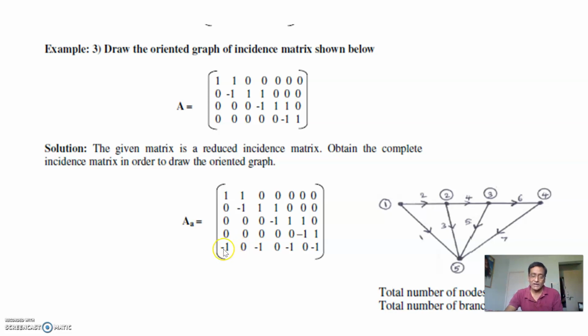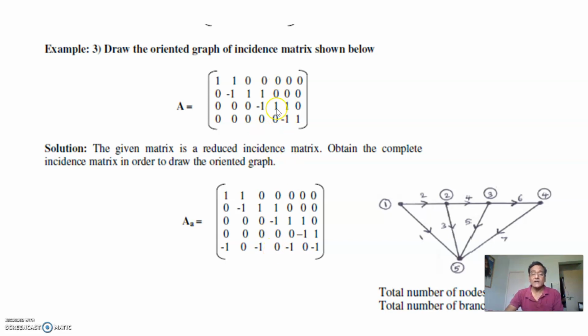See here. When I add minus 1, 1 minus 1, this addition becomes 0. Similarly, if I look at the second column, 1 minus 1, 0, 0, 0, it is already 0. I cannot add 1 here, I cannot add minus 1 here. It should remain 0. Therefore, I am going to add one more 0. Similarly here, there is 1. If I add minus 1 here, this addition becomes 0. I added minus 1 here. And here already 1 minus 1, 0 is there. I don't need to add anything over here. That means 0 is added here.